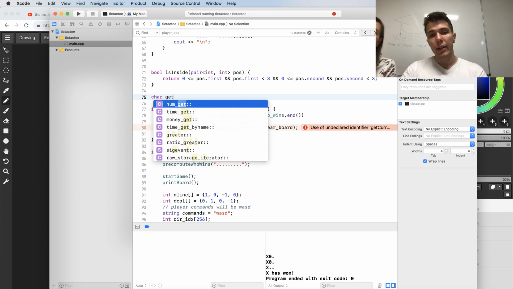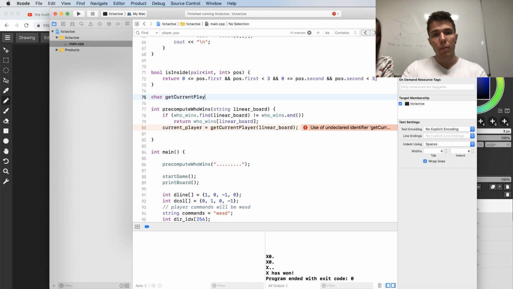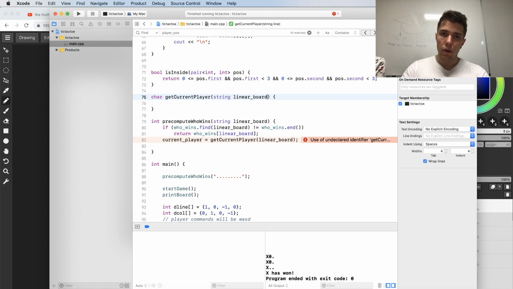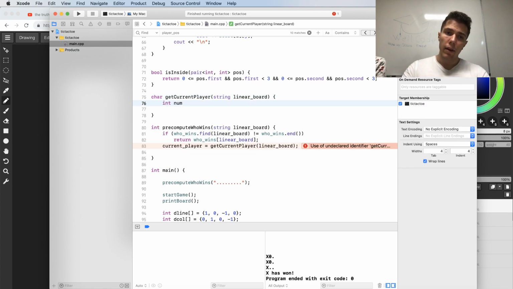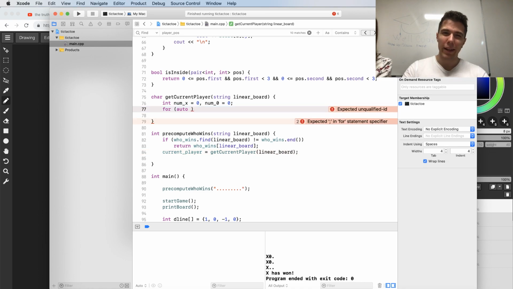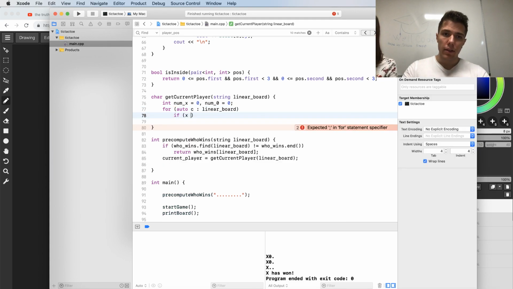So I'll be char getCurrentPlayer and string linearBoard and numX's, which is 0, numO, which will be 0 for auto, because we have C++14 right now, and I can do for auto C on linear board. If C equals x, then